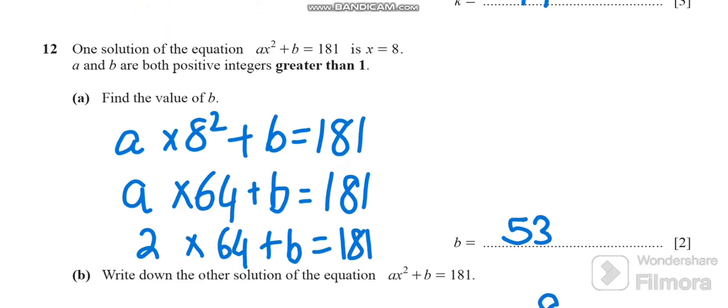Question 12 states one solution of the equation ax squared plus b is equal to 181, where x is 8. So if we use x as 8, 8 squared will be 64. We have to use two prime numbers for a and b. If we use 3 for a, that will be 192, which is greater than 181. So instead of 3 we will use 2, and when you multiply 2 by 64, that will be